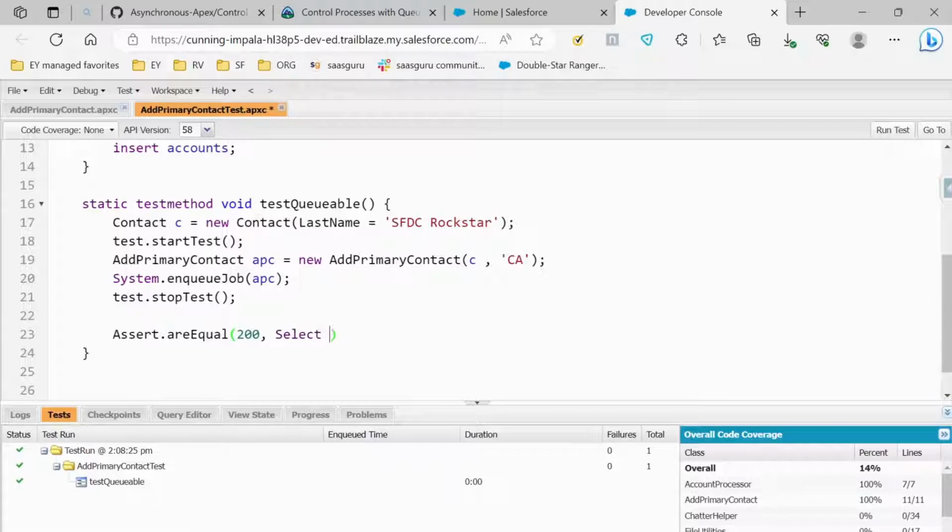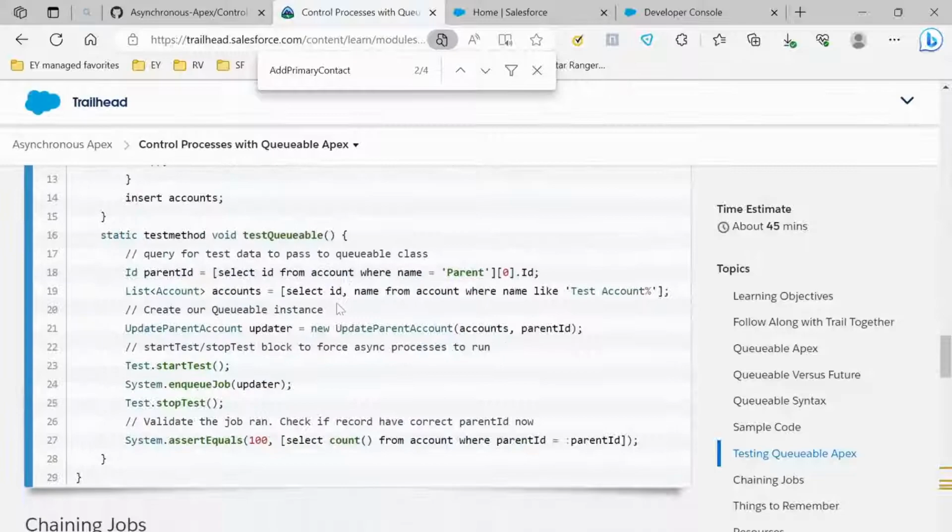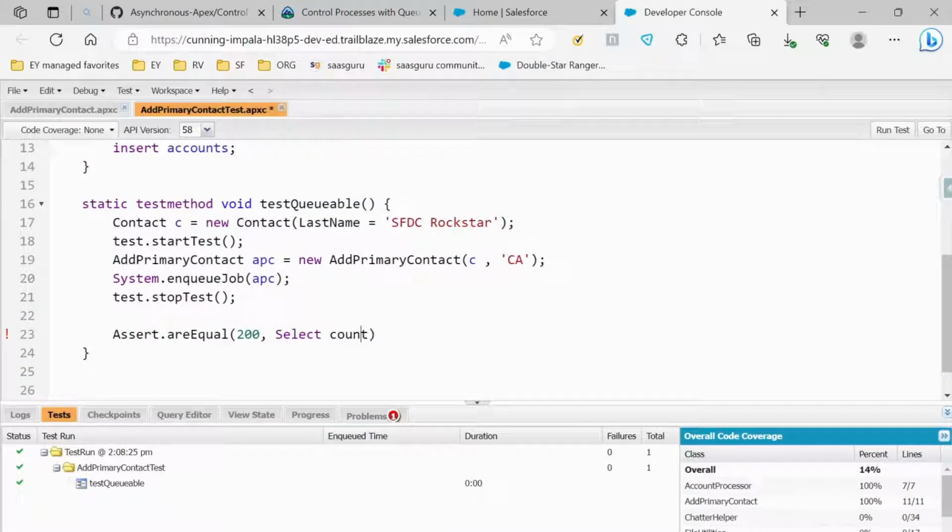So select count of, I'm not sure, I've seen somewhere that they have used count in a query like this, but it doesn't work in the Apex class. It will throw an error. Somehow it doesn't work, but I will try. They have used count because aggregate functions work on ID, but we are not generating an ID here. But we'll try count from Contact